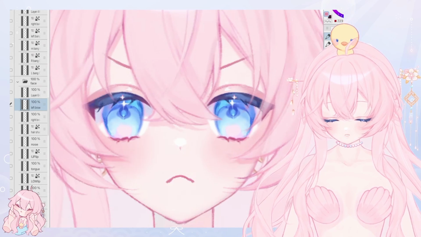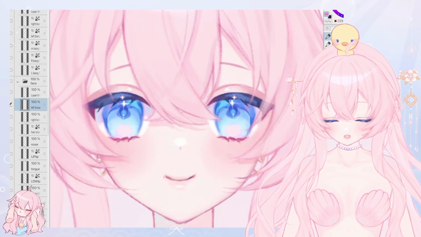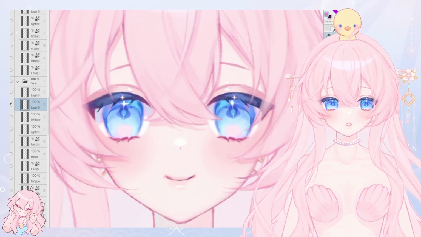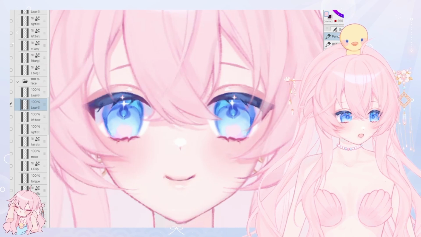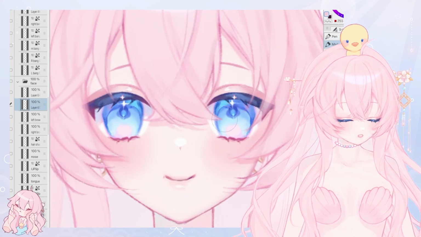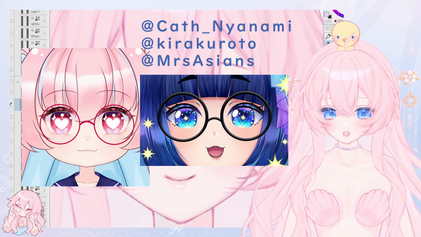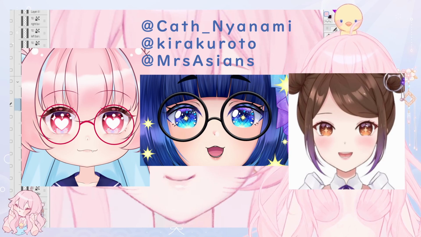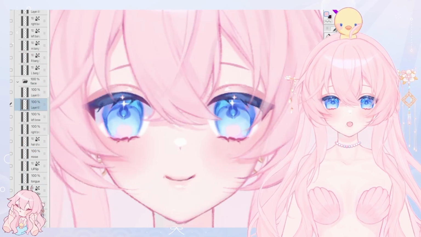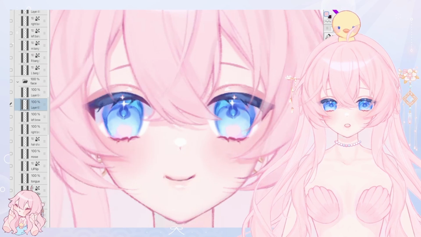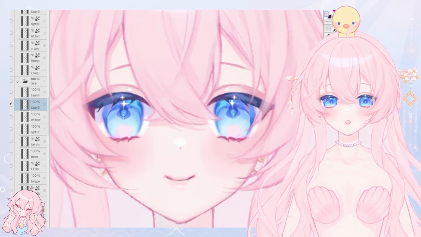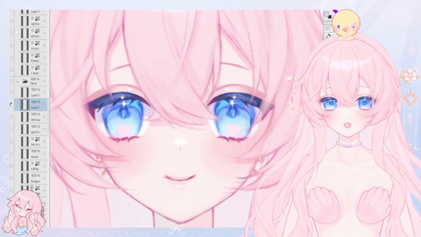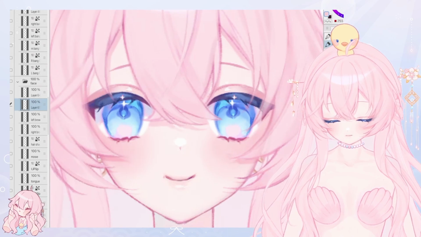Another part for artists would be adding in the little parts of the expressions that may need extra pieces, such as hearts in the eyes, or sparkles, or stars. These are all extra pieces that must be added by the artist itself, and the rigger will be using an opacity toggle in order to have them activate.